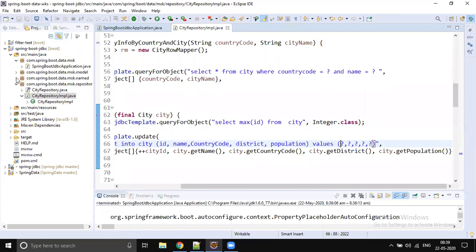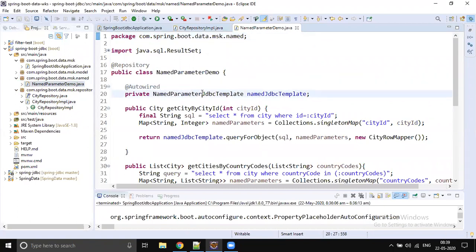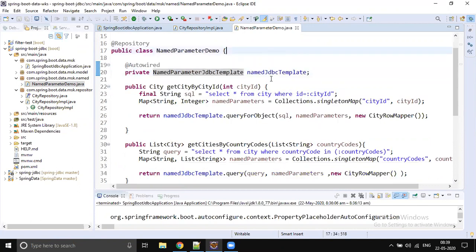Other than this one feature, NamedParameterJdbcTemplate is almost the same as JdbcTemplate, right? The only difference is that in the query we don't use a question mark placeholder, we use names. Colon cityId, for example. This is the named parameter placeholder.